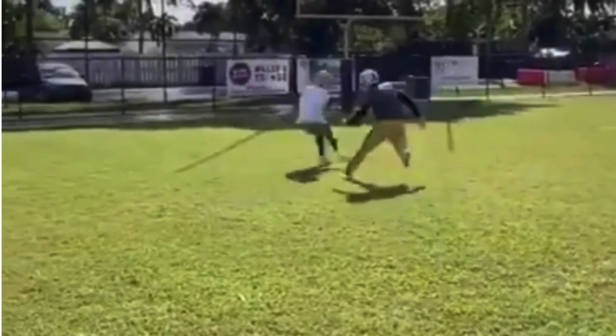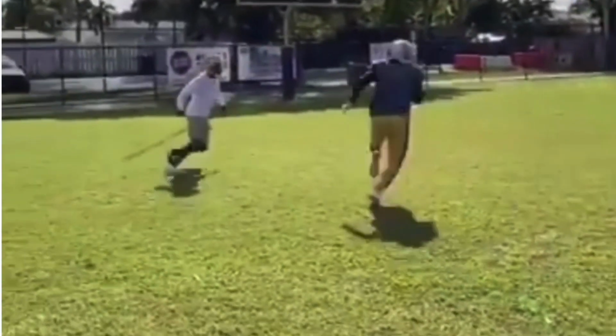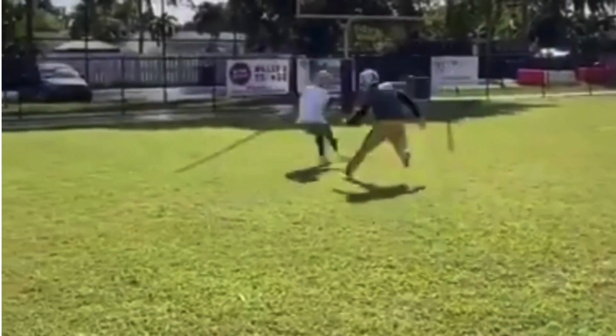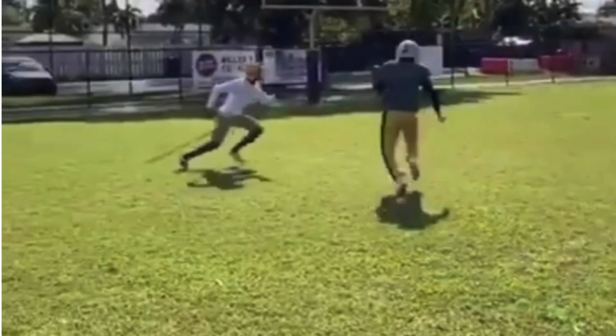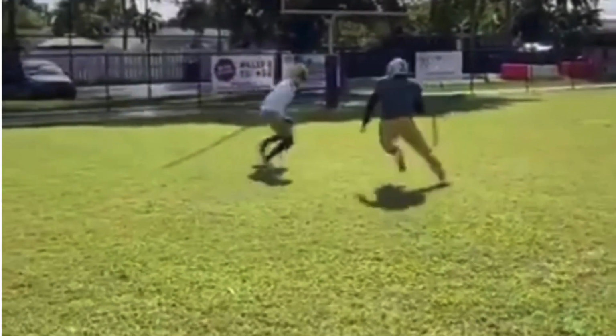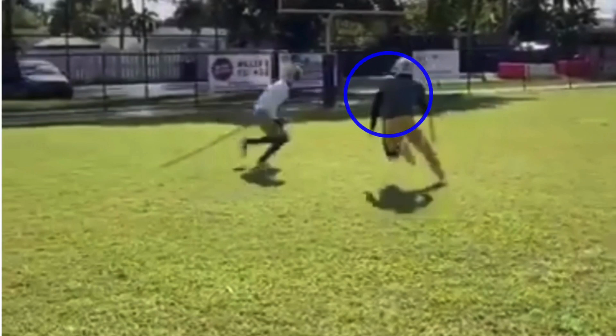Now he hits him with this rocker step here, and now again, what a rocker step is where we're taking like 2 steps. So we're coming here, 1, 2. That's what a rocker step is. It's like a double cut almost if you want to break it down in really simple terms. So 1, 2. Now when we make a rocker step, the most important thing is your shoulders are working with